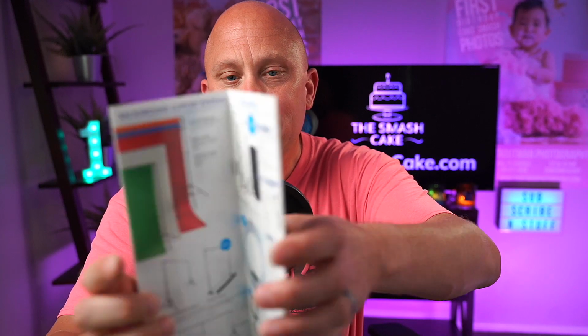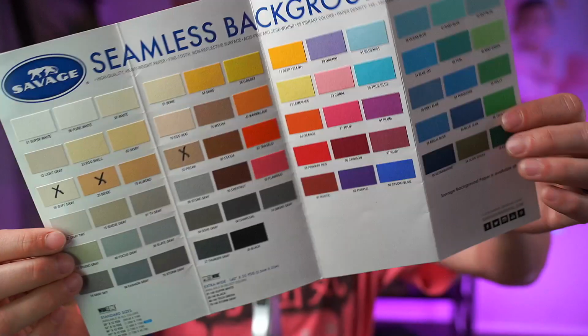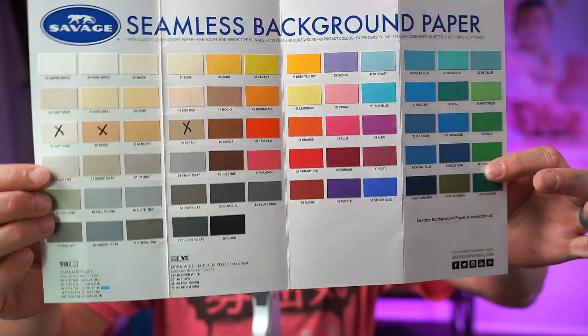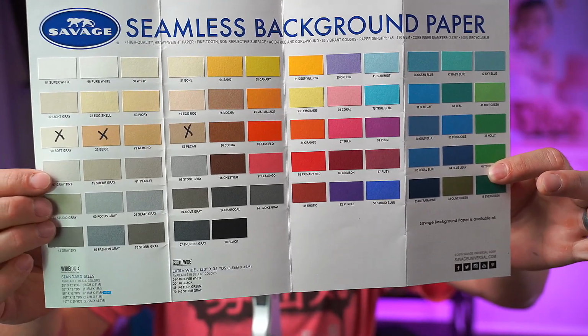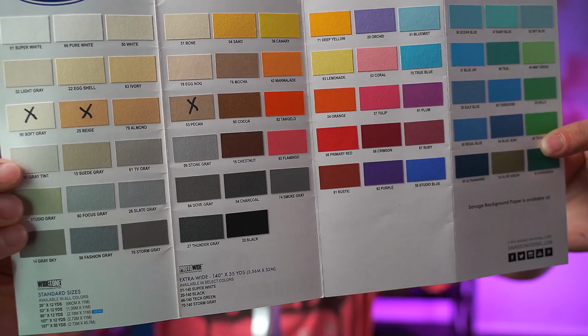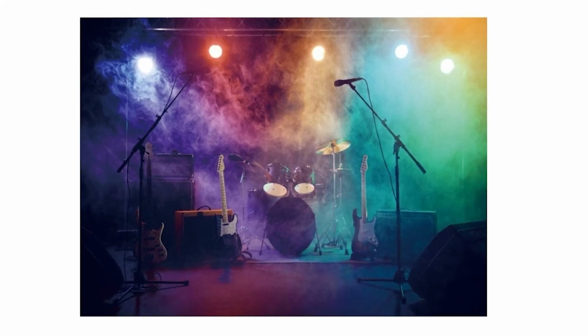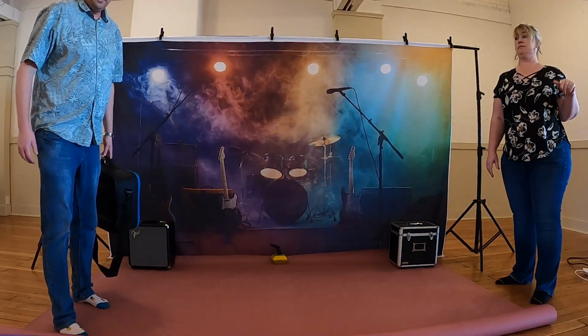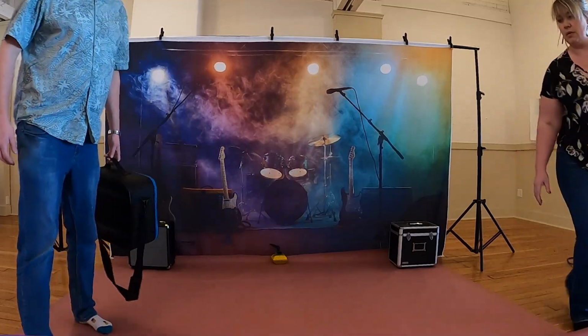It's a chip chart, and basically it is all of the seamless papers that the Savage Corporation makes. And I go ahead and match that to my favorite color in the backdrop. Now today we went ahead and used Ruby right there, number 67, and we decided to pull some purple that exists in the backdrop. Now as we're rolling it out, I realized that that dark, grungy vibe that I was